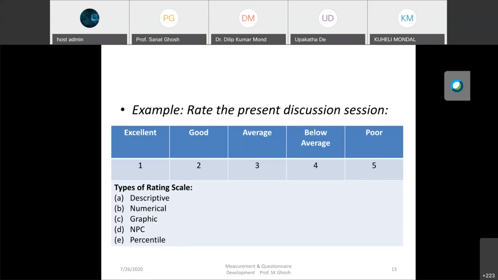Suppose how many participants have given 2, that means good. Suppose out of 100, 20 persons have rated good. So 2 into 20 is the score, the overall score, or you can identify that 20 out of 100 means 20% of people have rated the discussion session as good. In this way,